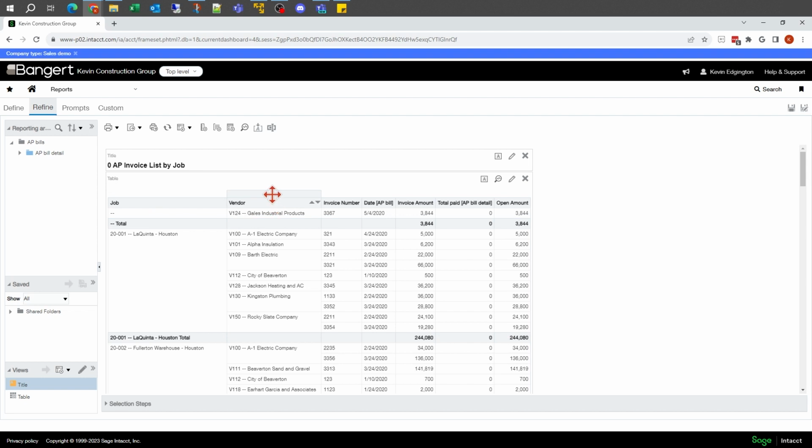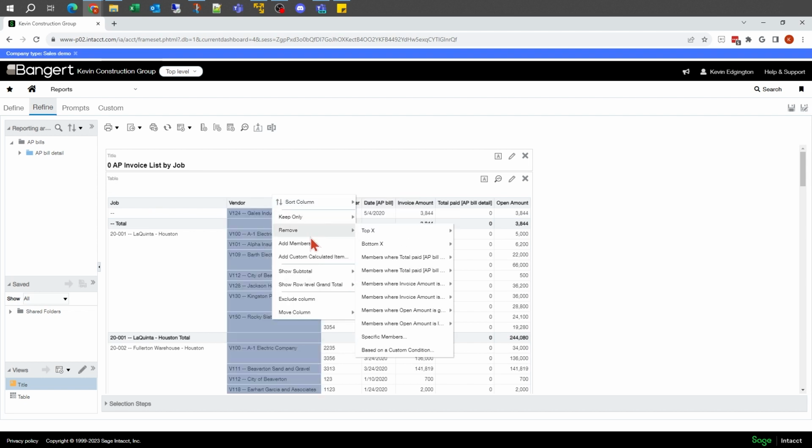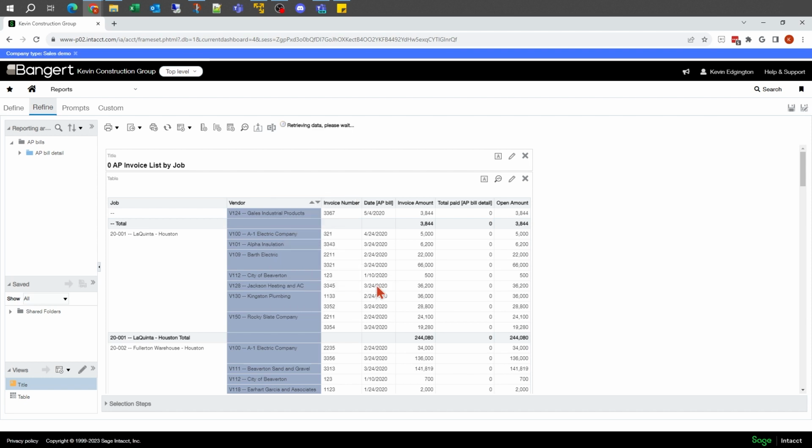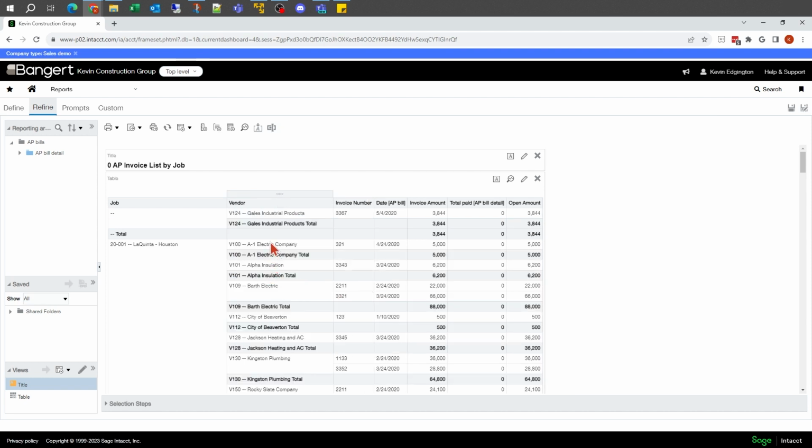And if I came back to vendor, I could do the same thing. So I could say, okay, I want to add another subtotal to this. And I could say after values. And now what it would do is A1 Electric only had one, Alpha only had one, Barth Electric has two. So then there's my total for the two, that type of thing.